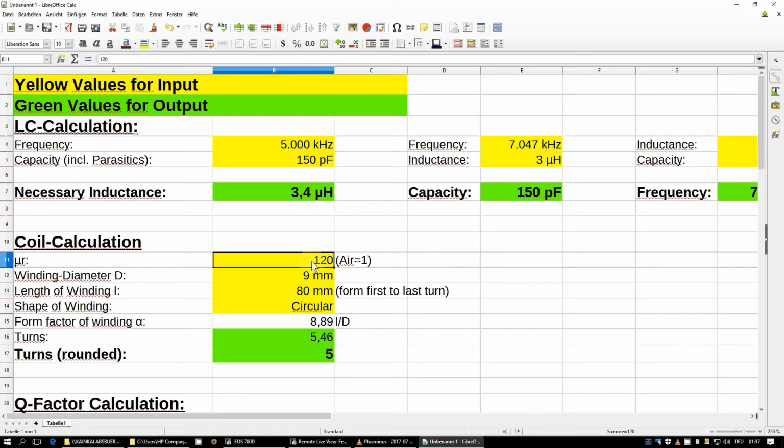So in this special case, because the winding spreads over a large part of the length of our Ferrite-Rod, our effective μr factor from our graph must be